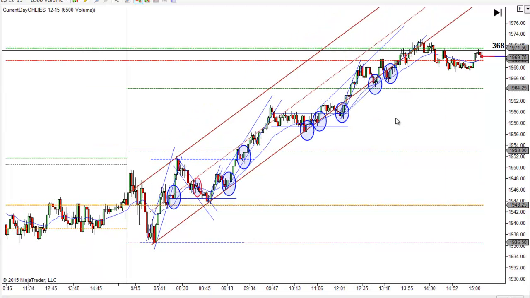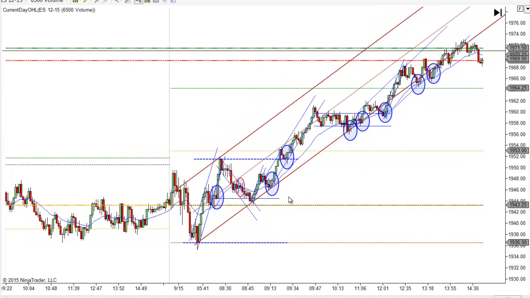Pretty straightforward. This trend line kept you on the right side for the most part, and there was only one short early on here when this looked more rangy than anything. We really weren't sure that it was a trend. This gives you your first clue, but once it goes higher from here, it's pretty obvious what's going on. But early on, it looked like a trading range, and so you could play it that way